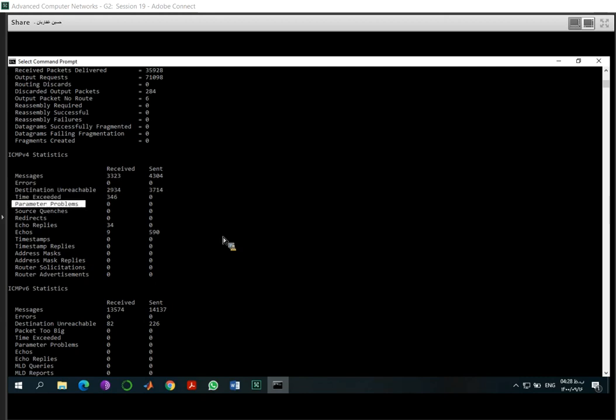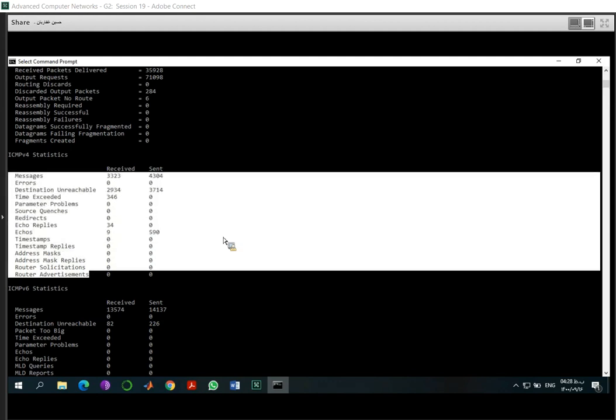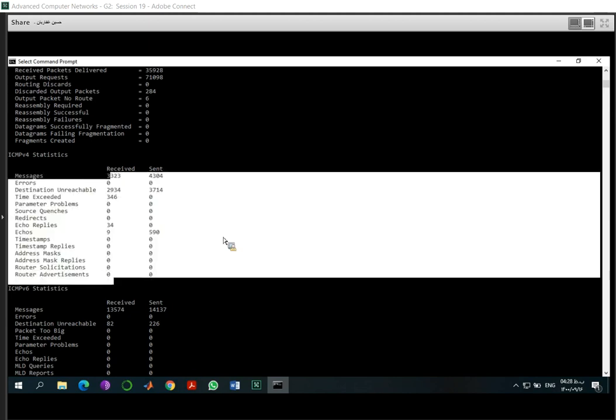and then I ask you to go to Wireshark, open Wireshark, and find 3 different ICMP messages received or sent on your computer. Find 3 different ICMP messages and open them.